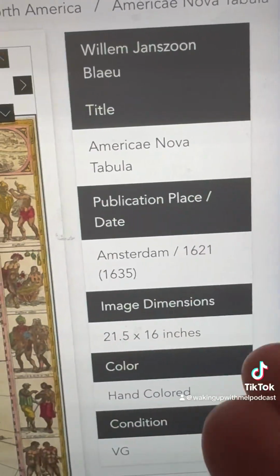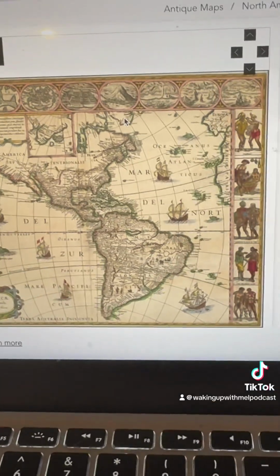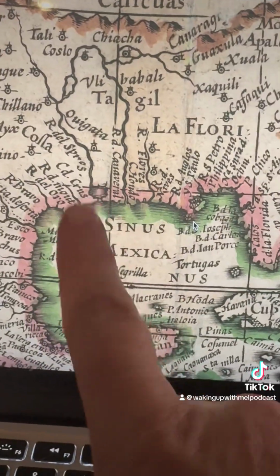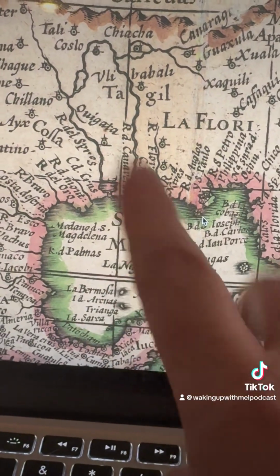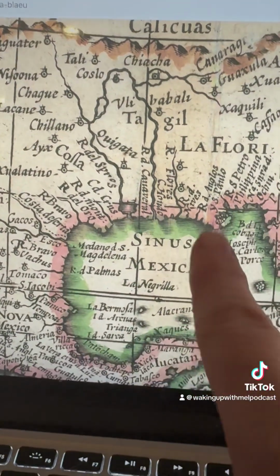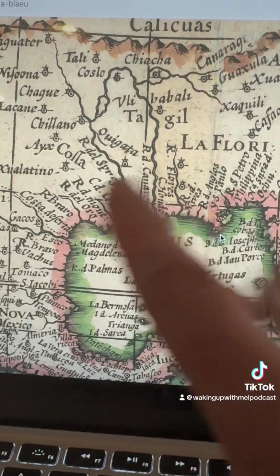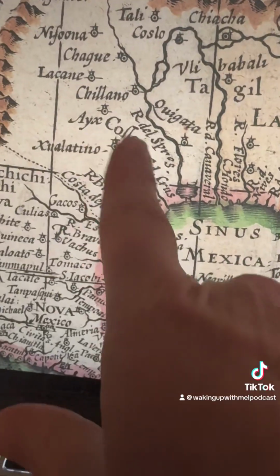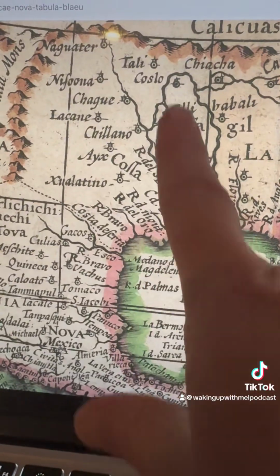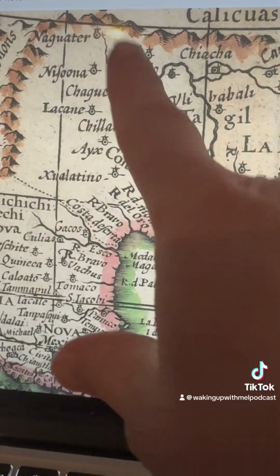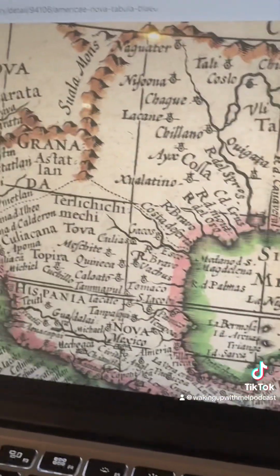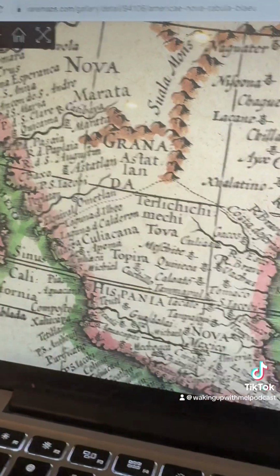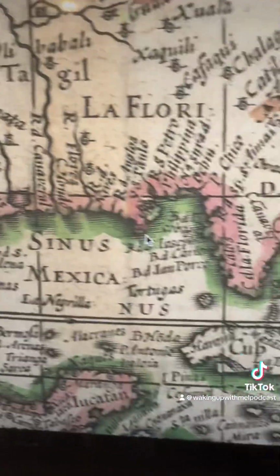This map, 1621, let's check it out. I love to point out that I really realized the Mississippi did not exist. It wasn't made up until after the 1600s. So in the 1700s, you'll start to see Mississippi on here. But before that, it was the Holy Spirit River. Okay. And Talia is always up there. Marta, which I think kind of might mean Martha. Oh, there's a St. Joseph's over here.